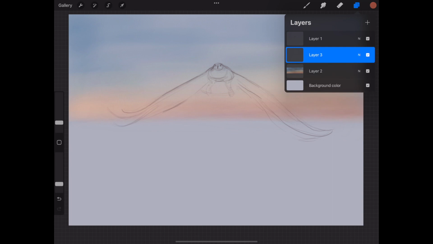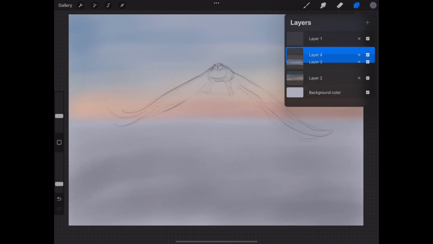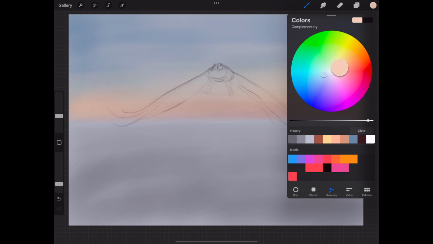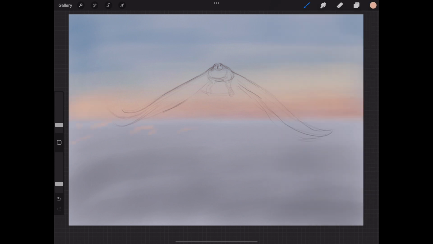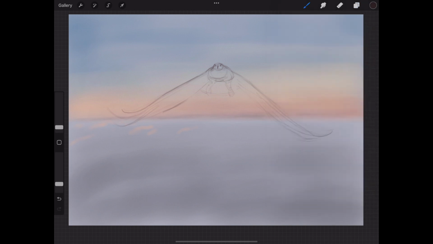We create a new layer to draw a carpet of clouds below the eagle. They will have some orangey yellow lights and gray shadows. But first, actually, let me do the outline of the eagle a little bit better and stronger.